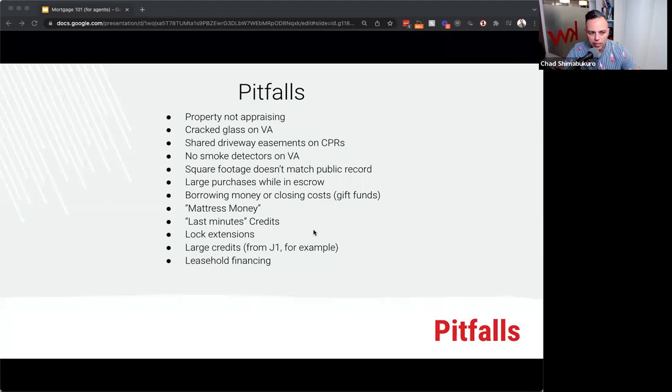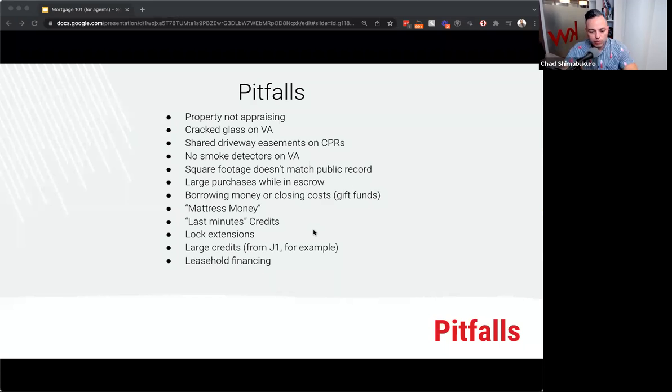This happens often, where you as agents are negotiating because some issue might come up, but in the last minute of trying to fix something, there's a credit of $3,000. Well, if you don't let the lender know immediately, that can throw everything off and delay closing. So if you even think you're going to give a credit to the buyer, and there's a loan involved, or the seller is going to be providing a credit to the buyer, you've got to let the loan officer and the underwriter know immediately.